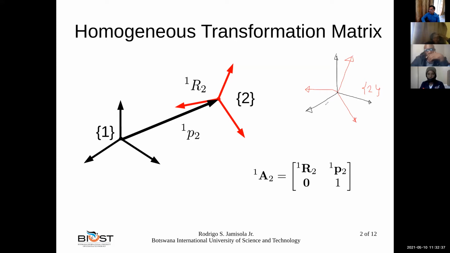Okay, this is frame 1. In this case, you still have rotation of frame 2 with respect to frame 1. It's the same as this. Although in this case, this is rotating. The change is a rotation as well as a position. But as I said, you can separately investigate